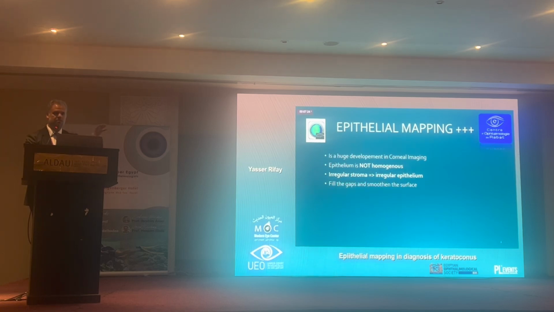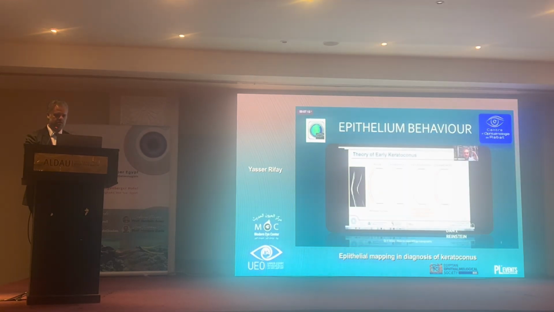So the epithelium will fill the gaps to smoothen the surface of the cornea and to hide the surface aberration of the stroma. So this is the theory of Dunn-Reinstein, and we will see here in a normal cornea the epithelium is regular. But when we have keratoconus, we have a protrusion of the anterior surface of the stroma, and the epithelium will be thinner at the peak and thicker on the other sides to reduce the aberrations coming